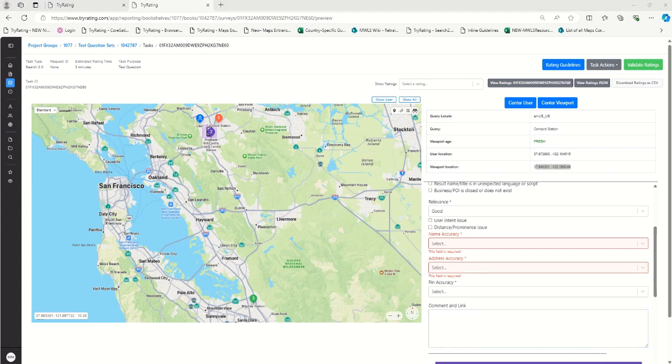That is as per the guidelines, if the relevance is below navigational or excellent, or for example, if the name accuracy is not correct. In the comments section, you will need to specify the reason for your demotion. For example, relevance is good because there is one closer result, or for address accuracy, the correct address is this. Insert the address as shown in the official source, and then you'd insert the link to the website. You will be able to add the URL of the official resource that you use to verify the correct address